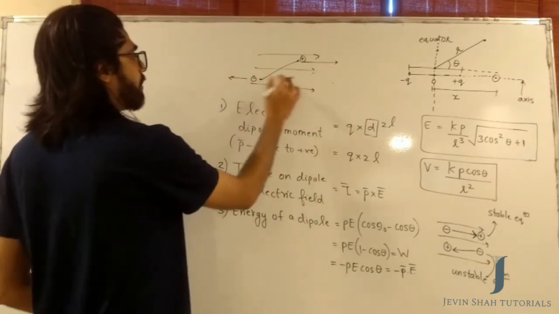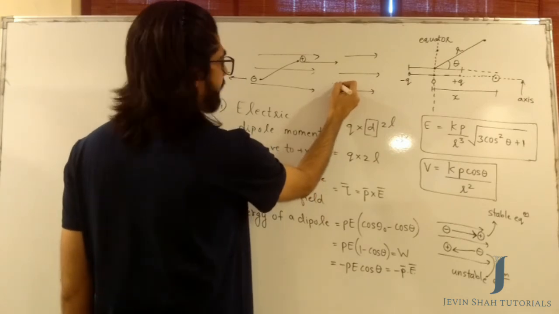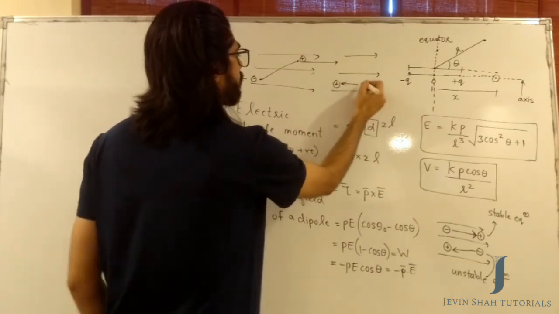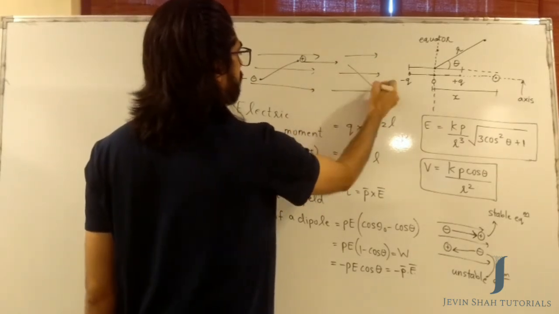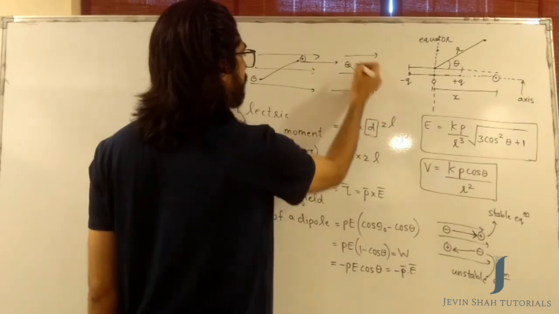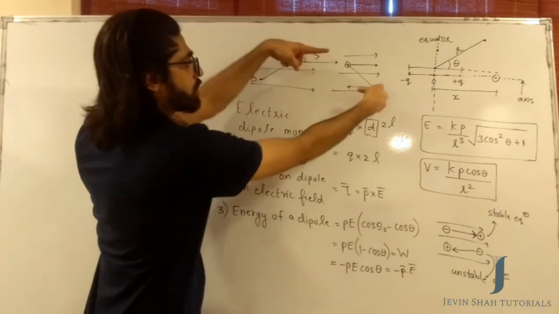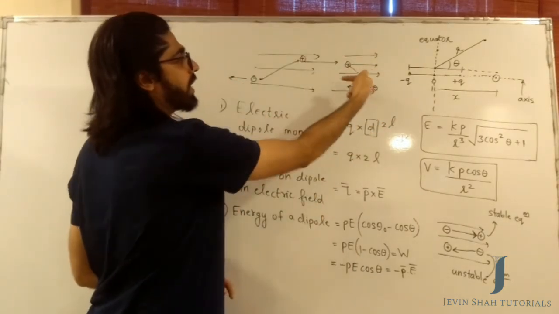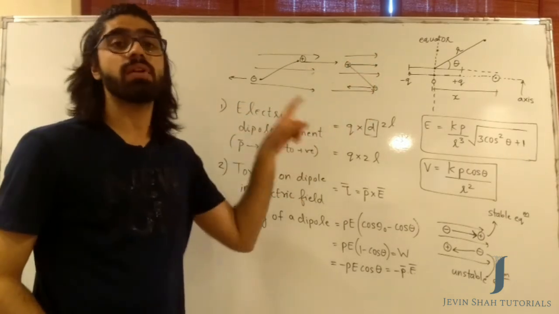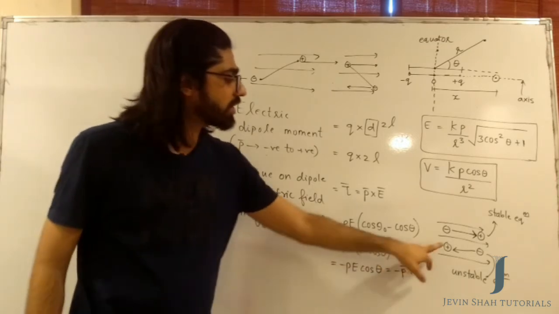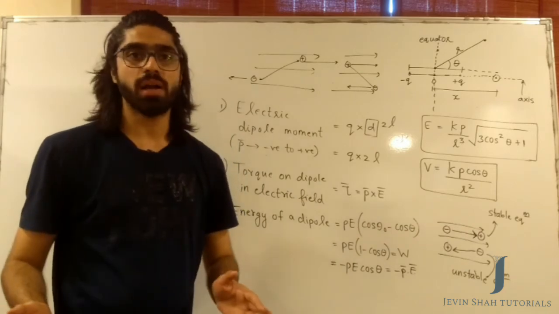If the case was this, the plus was here and the minus was here. You give the dipole a slight push like this, then the dipole will now look like this. With the plus charge here and the minus charge here, the plus charge experiences a force here and the minus experiences a force here. Now because of these forces, the dipole will turn completely like this, and that is why it never comes back to the original position after you give it a push from here. So this is a position of unstable equilibrium where P bar and E bar are anti-parallel to each other,